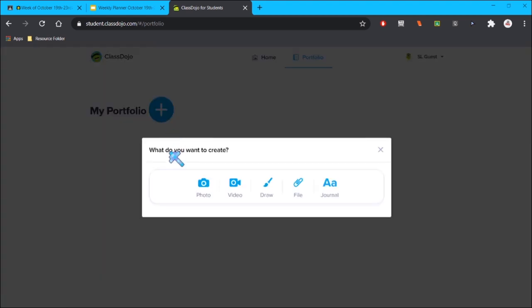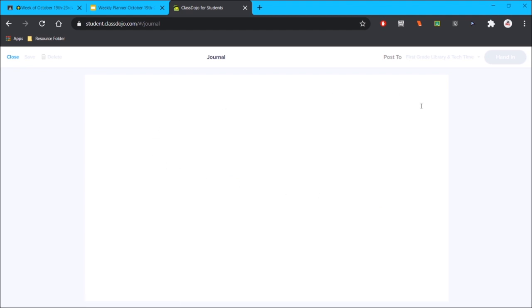When we do that, we see all of the different things we can create. We can take a photo, we can record a video, we can draw a picture, we can upload a file from our Chromebook, or we could type up a journal entry. Let's look at journal entry. So I click it, and it opens up a brand new sheet of paper where I can type